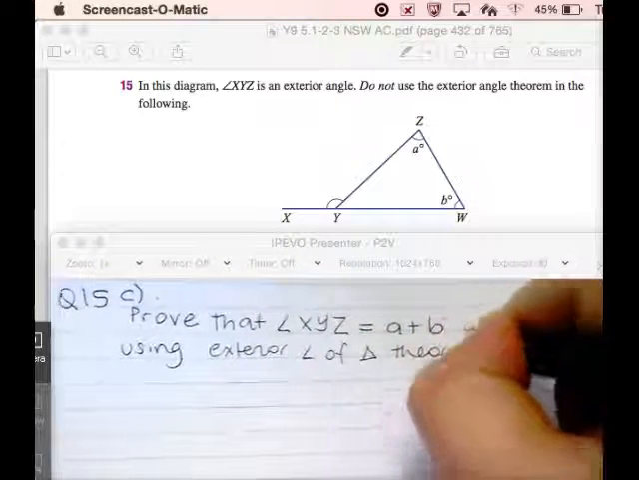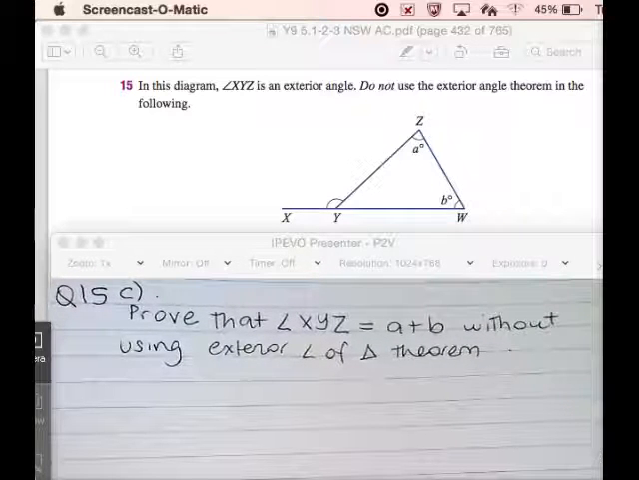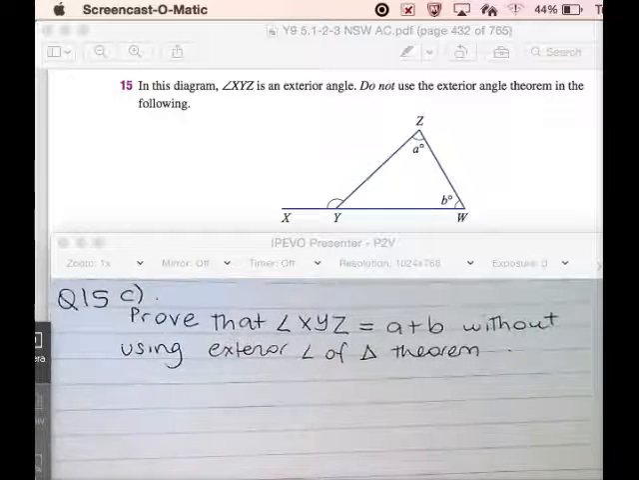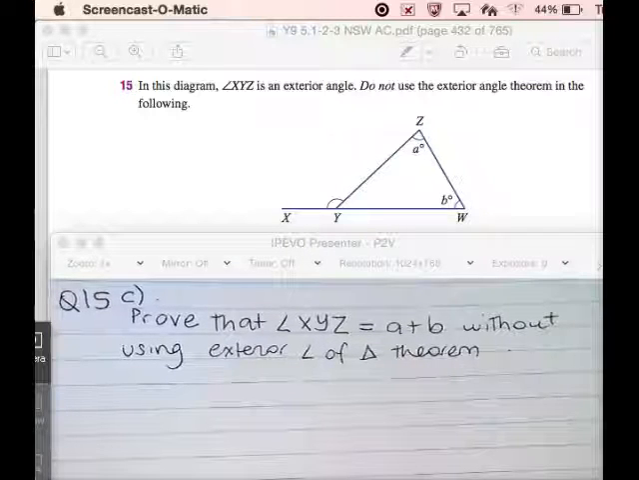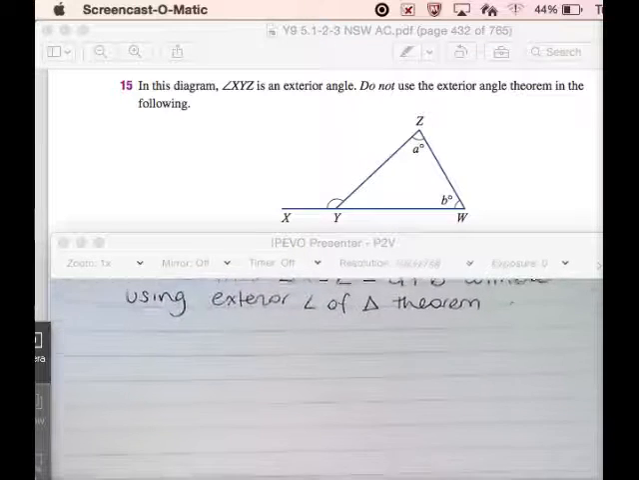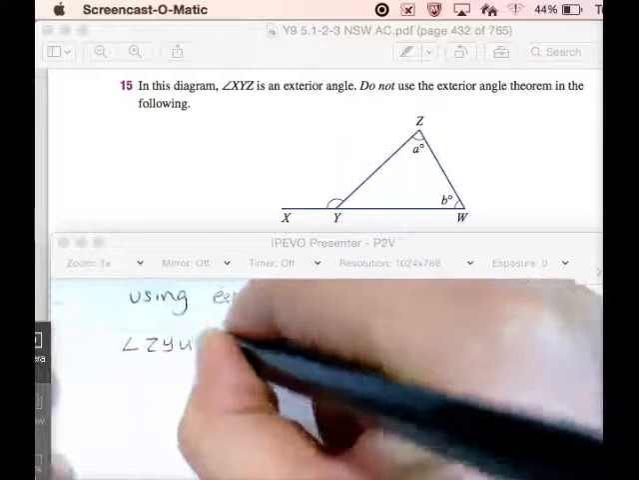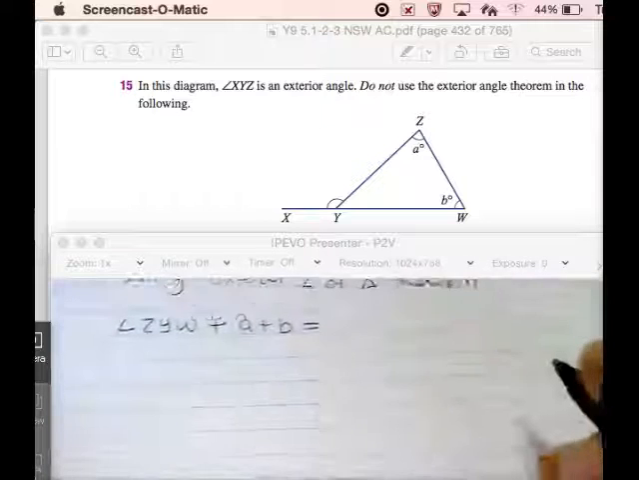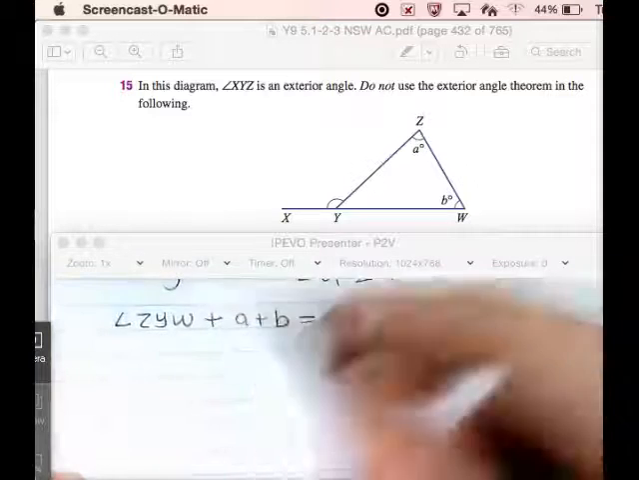In other words, you're allowed to use angle sum of straight line, angle sum of triangle. So, okay, this question you can't use exterior angle of triangle theorem, but you can use angle sum of triangle and you can use angles on a straight line. So, I'm going to start with angle ZYW plus A plus B is what? 180. Do you know where ZYW is? Yeah. Good. That plus A plus B is